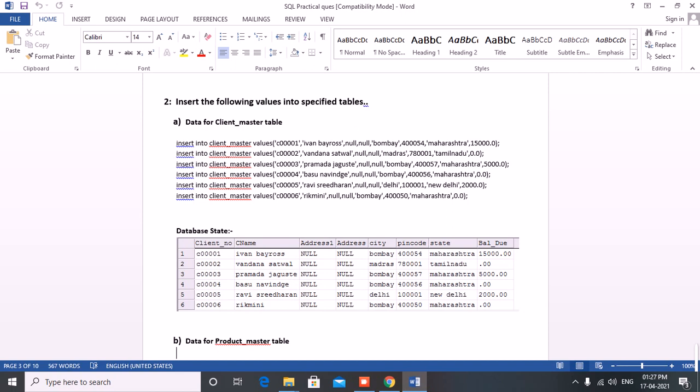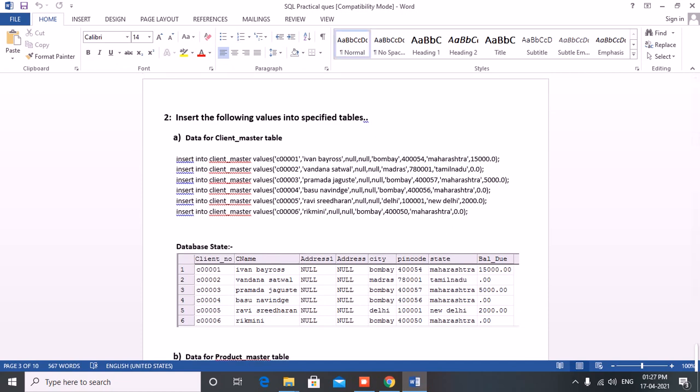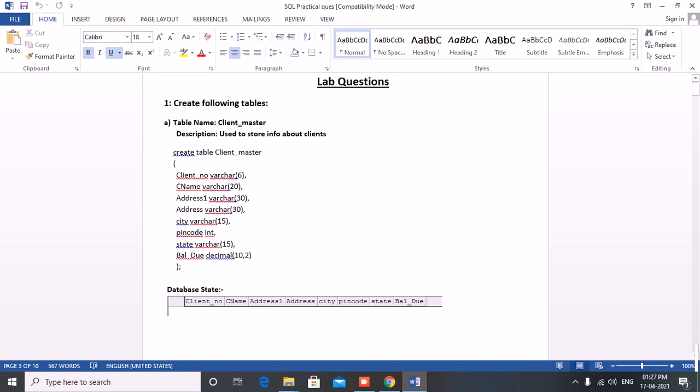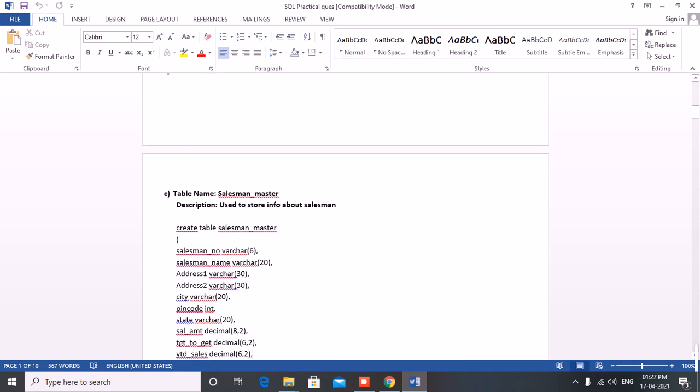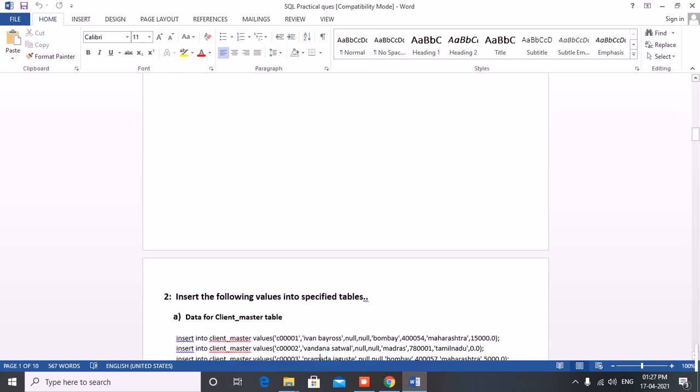You have to write VALUES, and whatever text you want to be written as it is, you have to write in single inverted commas, that is C001, and this is the reference of the same entries which you have given. You understand? Let me show you that. See, number one thing was varchar, and client number. So a number would be there, the very first entry. Then name would be there, then address, then city. In the same order it would be there. You get it? So the entries, when you insert, you have to insert in the same order.